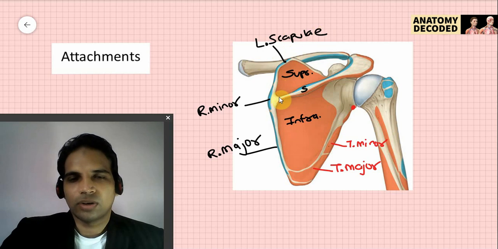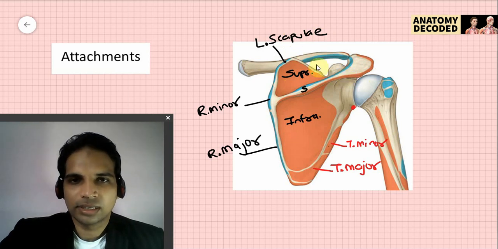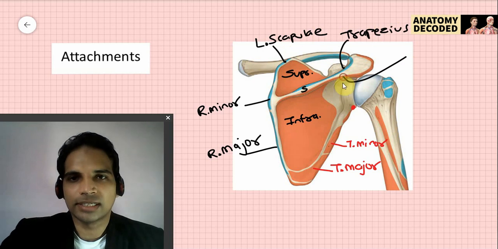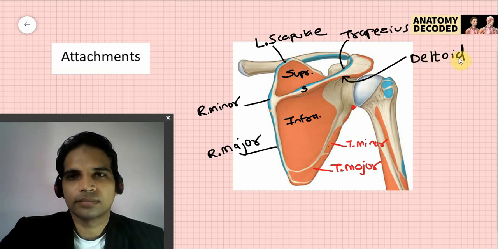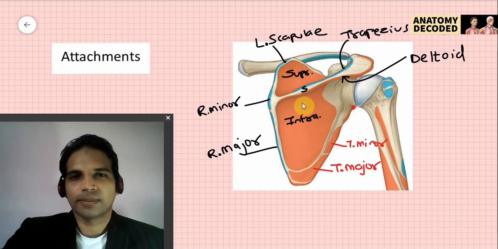Okay, on the spine of the scapula we can see two muscles. On the upper aspect the muscle is trapezius and along the lower aspect the muscle is deltoid. Here this blue colored thing which we can see is trapezius, and this red colored thing which we can see is deltoid. So these are the various muscles seen along the posterior aspect of the scapula.